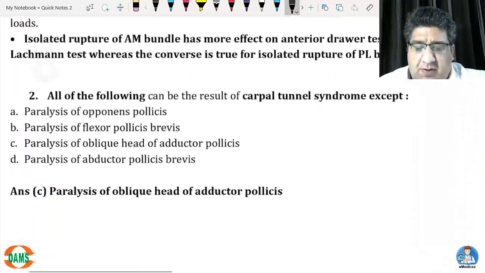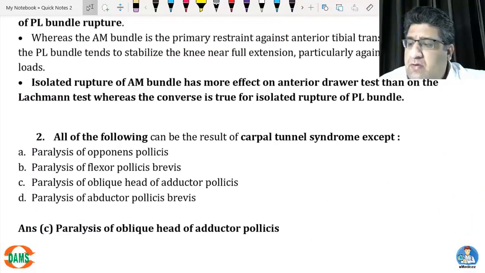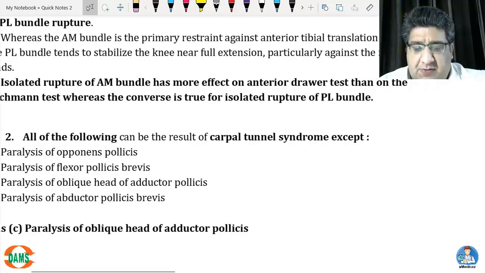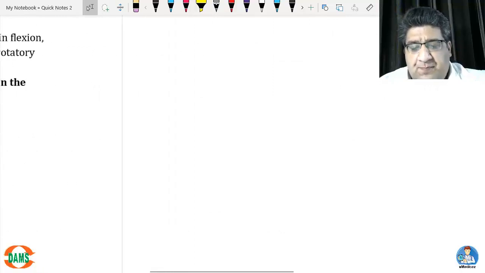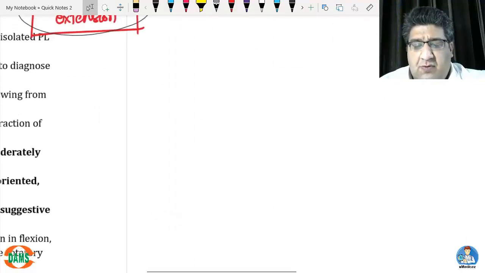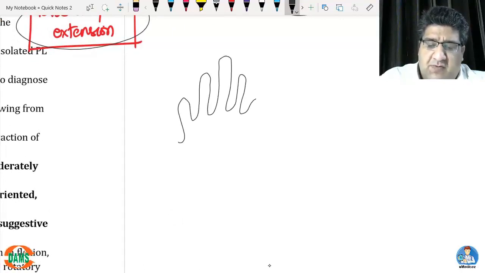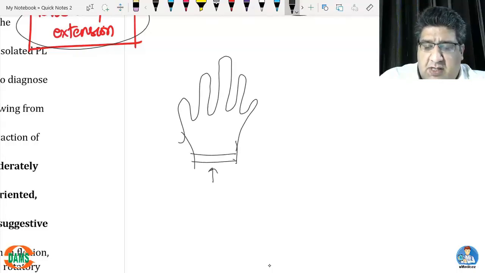Now moving over to the second question. All of the following can be the result of carpal tunnel syndrome except. See guys, you have to be very careful with this question. The only thing that I want all of you to remember in this question is that when the median nerve, making a very weird kind of drawing, pardon me for that, enters at the level of the wrist,